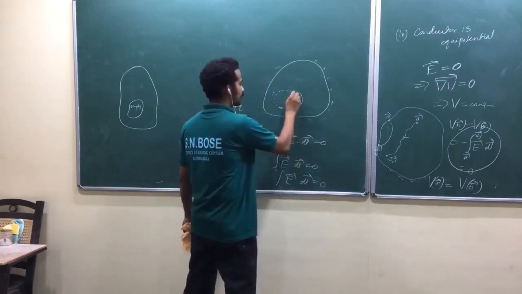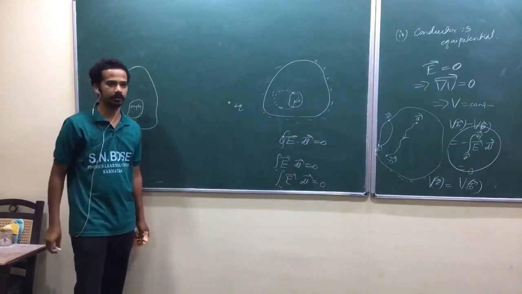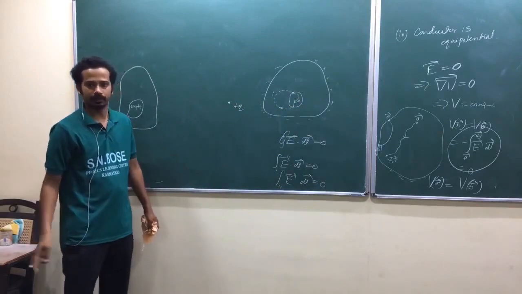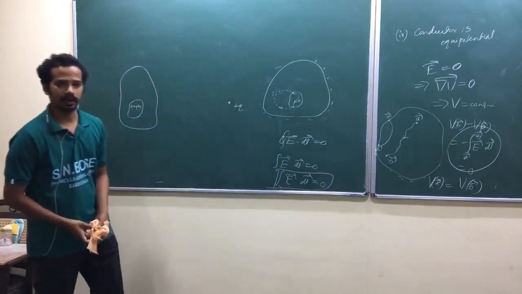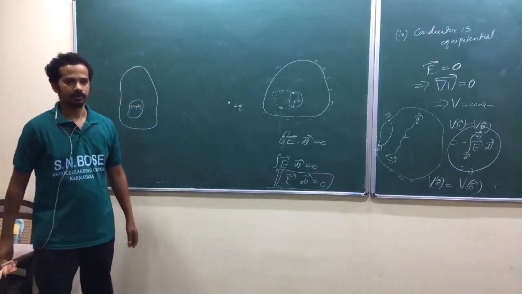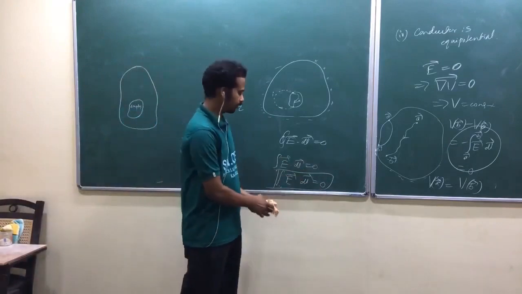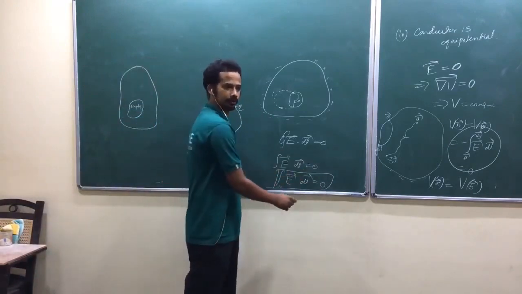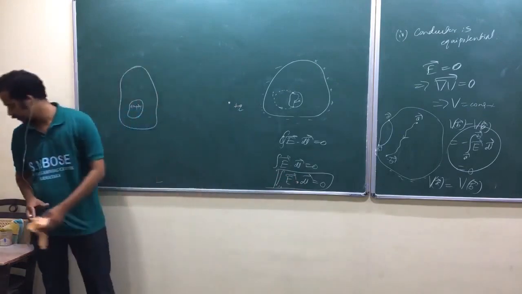The second part runs from one point on the surface of the cavity to another point on the cavity. Am I right? I can argue like this: this line integral is 0. Is that okay? For an arbitrary path, for a very arbitrary path. So that's why the electric field inside is 0. So it is a pure mathematical argument. Is that okay? So try to argue like that.